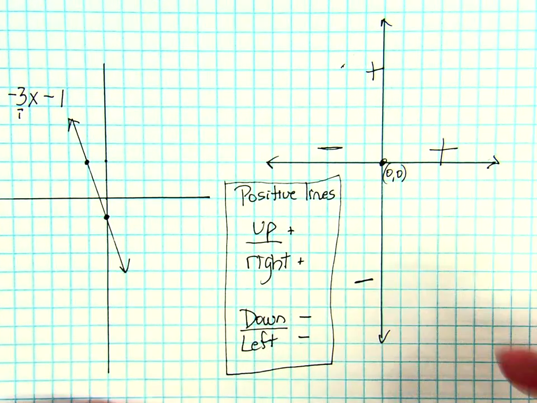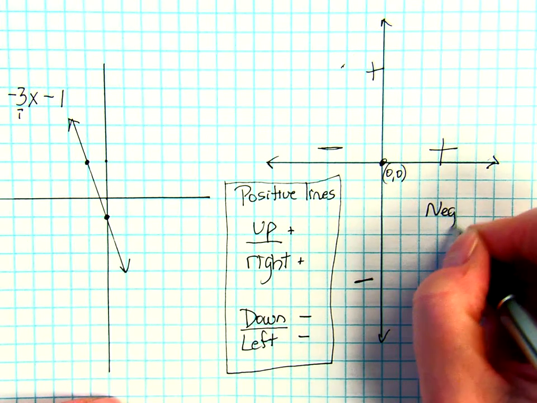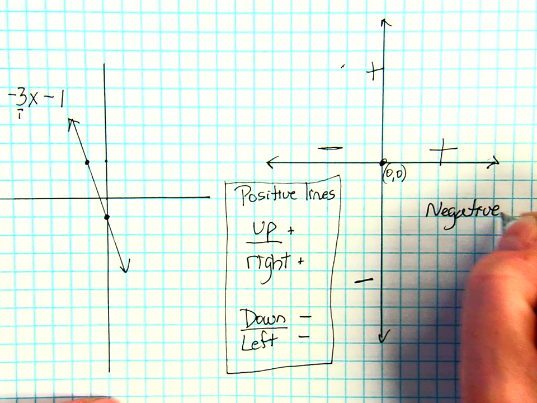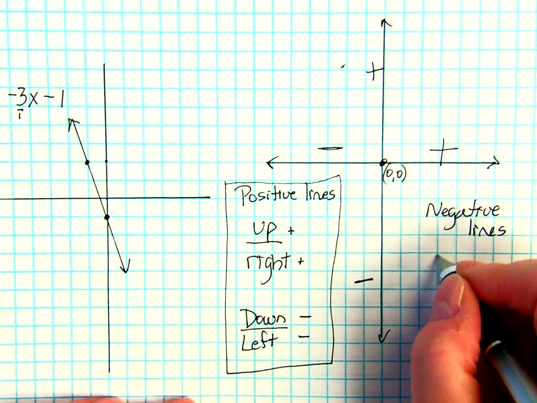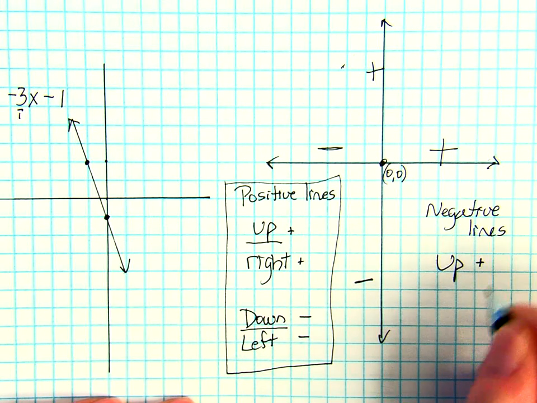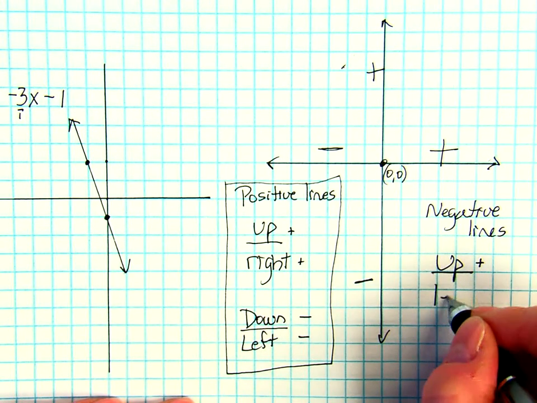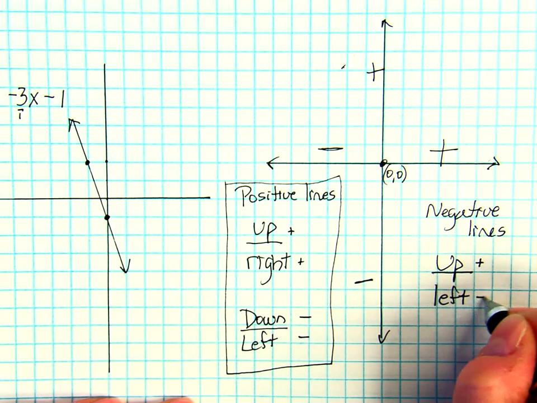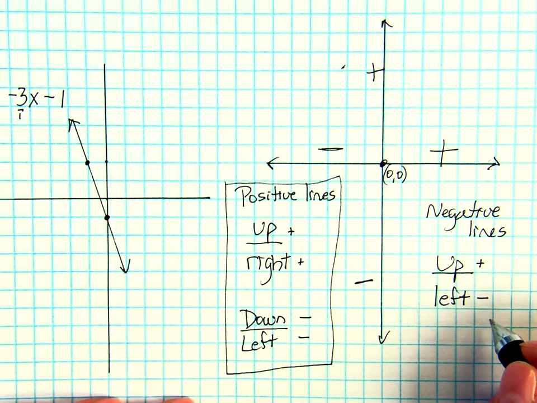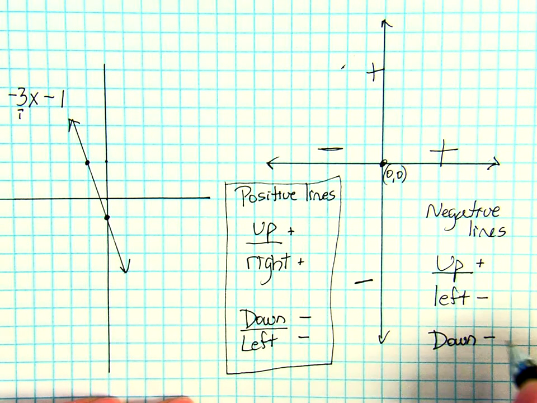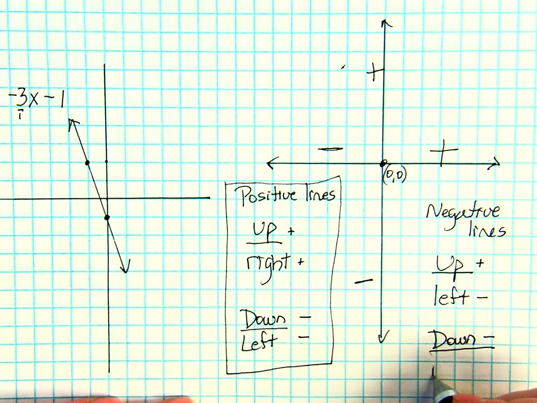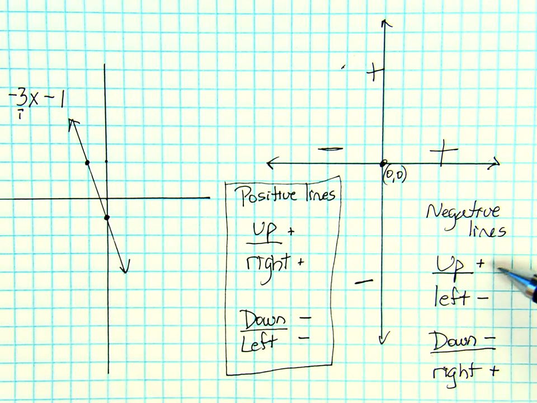Now if we have a negative line, we also have 2 choices. If we go up, which is positive, we have to go left, which is negative. But if we choose to go down, which is negative, then we can go right, which is positive. In each case,